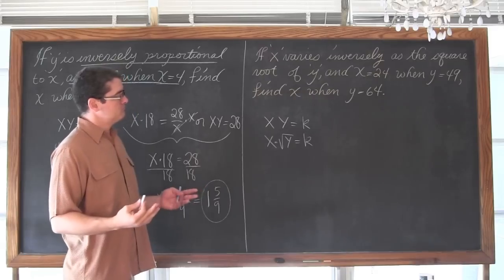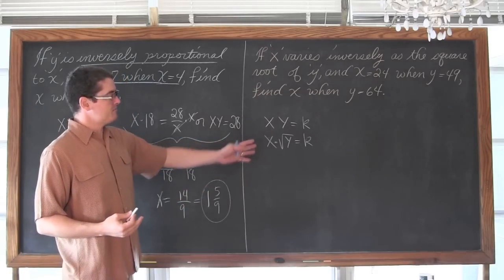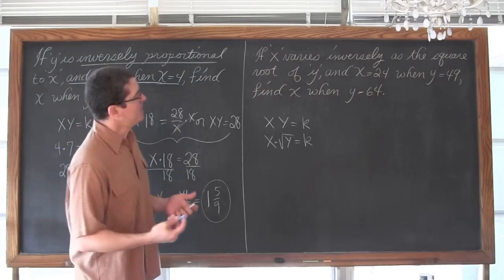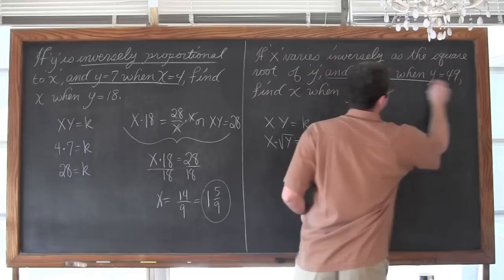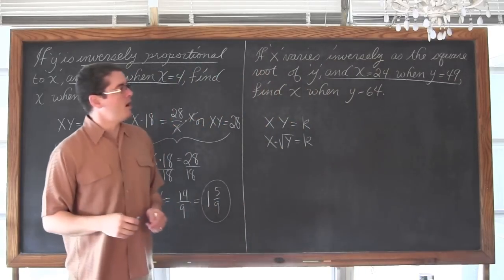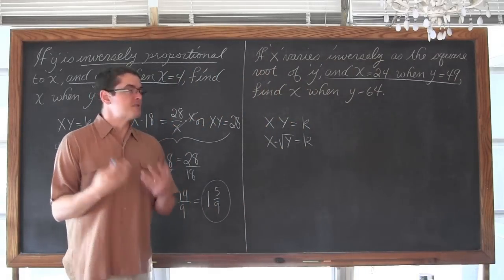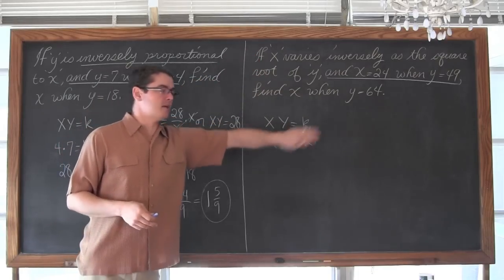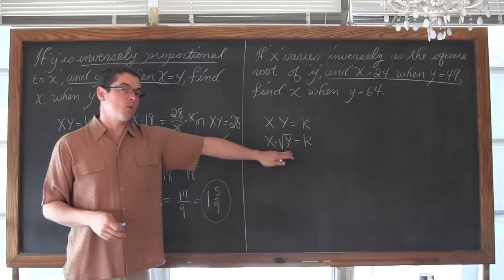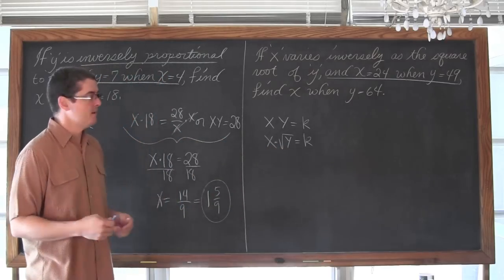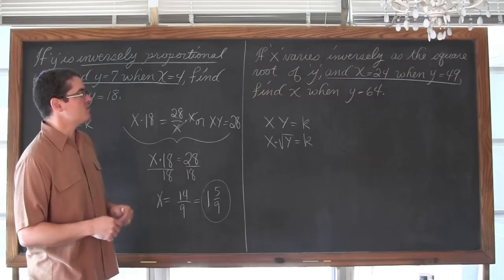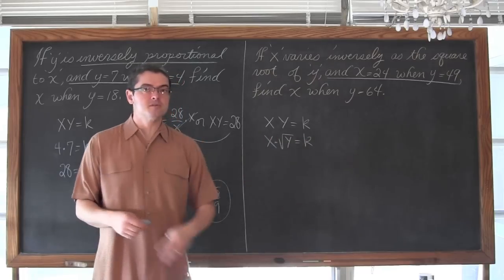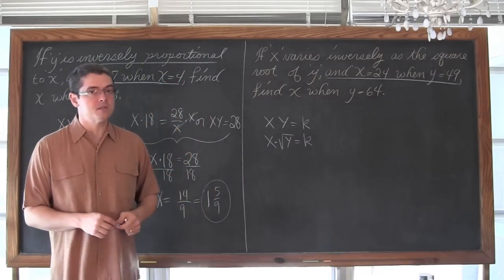Now, let's go ahead and stick with that and then go to the next part of the problem, which says x is equal to 24 when y is equal to 49. So they've said the design of the problem, inverse variation, so two variables being multiplied to give us a constant, except we are doing the square root of y, not just y. Well, we have an equation here with three variables, and we need the constant. That's why that information is given to us.